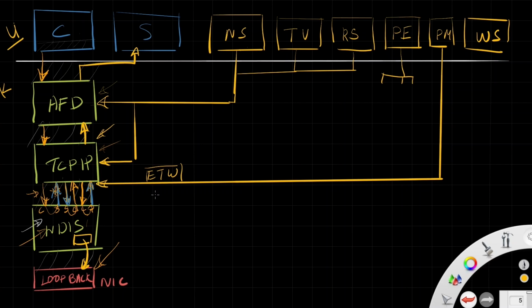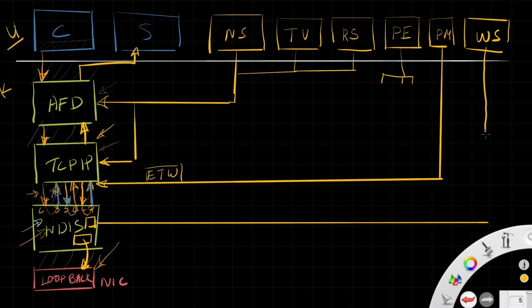And how about Wireshark? That is the most interesting part. Wireshark works at the device level. It works inside the NDIS. That's why it's able to capture all those packets. Wireshark is another driver which is connected to NDIS, and it is a packet filter or an NDIS intermediate driver. We'll not get into the details, but all you need to know is that Wireshark is working at the physical